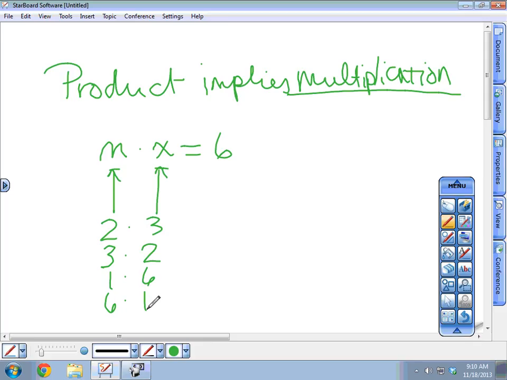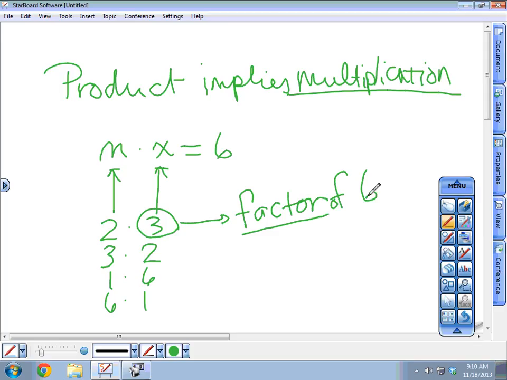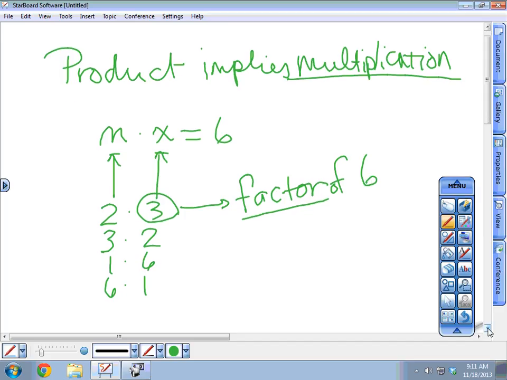What I'm going to talk to you about is the fact that each individual number is called a factor of 6. It's a factor of the number. In other words, the number is easily divided by its factors, evenly. Okay? And what we're going to talk about is the positive factors. We're not going to worry about negatives right now, okay? So what we're going to talk about is the factors of all these numbers